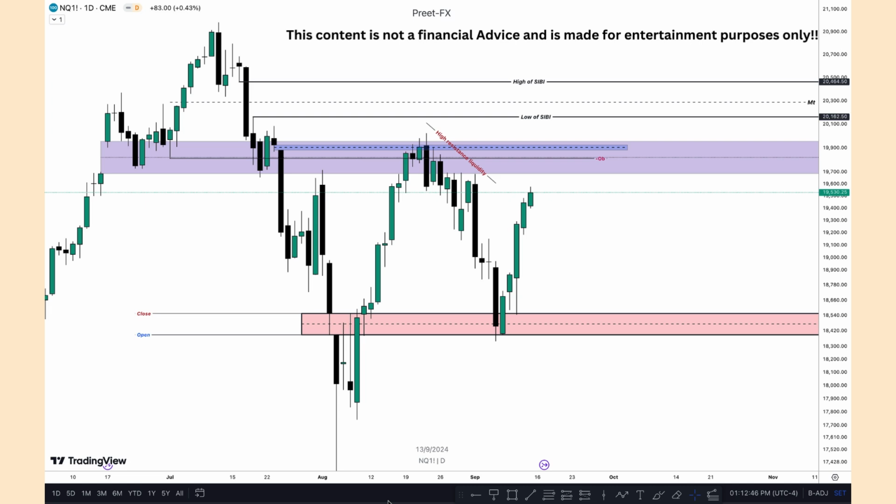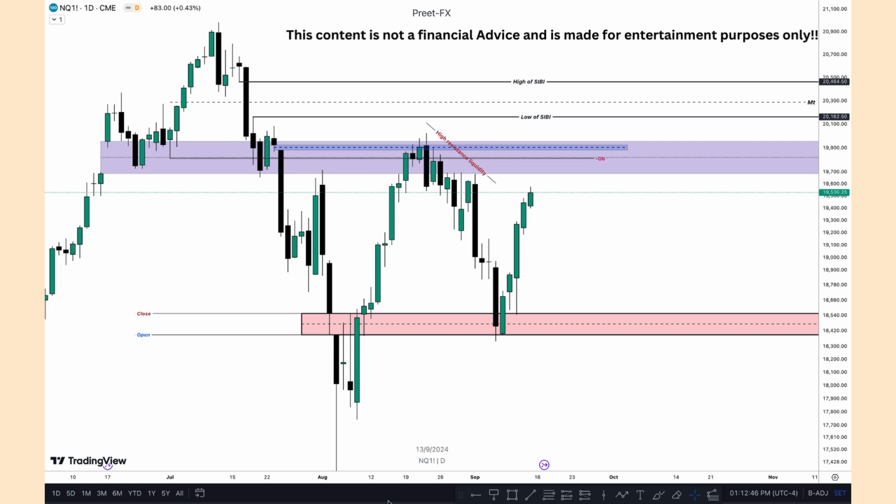As we can see on the daily time frame, price reacted to the upside from previous week opening gap and started moving aggressively towards the volume imbalance. Additionally, right around the volume imbalance, we have high resistance liquidity that typically requires high impact news to break through. The volume imbalance is shaded in blue, which supports a bullish bias for the NASDAQ for now.